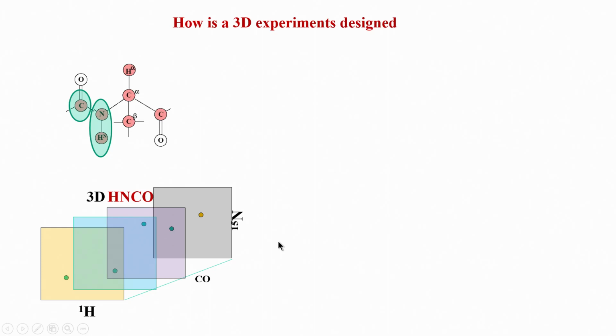So, now before we go into a 3D experiment, this is again an example of HNCO, the most basic experiment. How do we design it, means how is it constructed, how is it made, how does it work. These are the questions we can try to look at now. A 3D experiment, which I already showed you, is represented like this. You can see it is a 3D experiment, and you have a number of slices in between, right, and each slice you can call a plane.